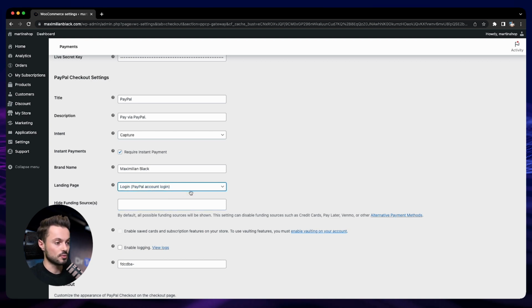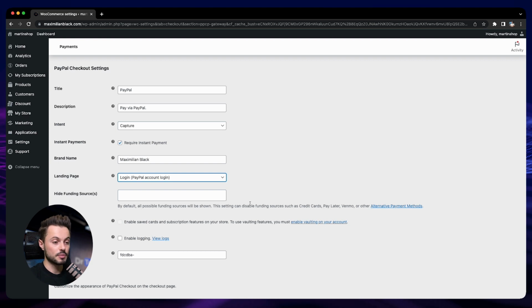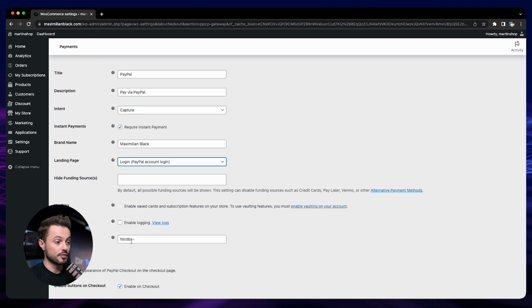So I think it makes more sense to use this one. Then PayPal offers multiple ways to pay. You can just hide them here if you want. And then you can change the invoice prefix here again to just put your brand. There is a limit in the number of characters that you can put here, so that's okay if you cannot